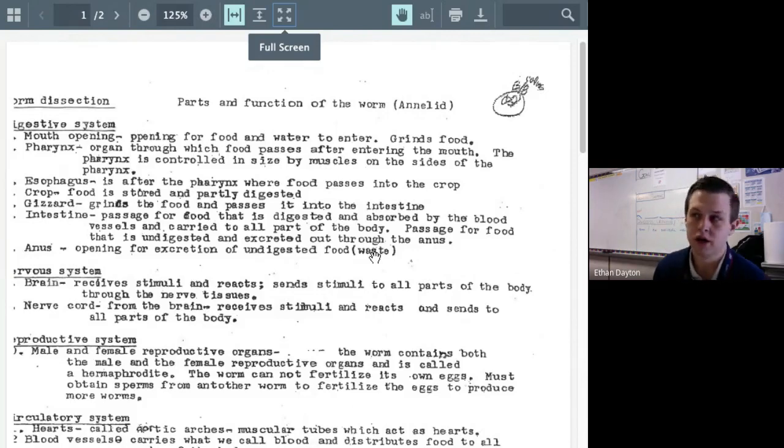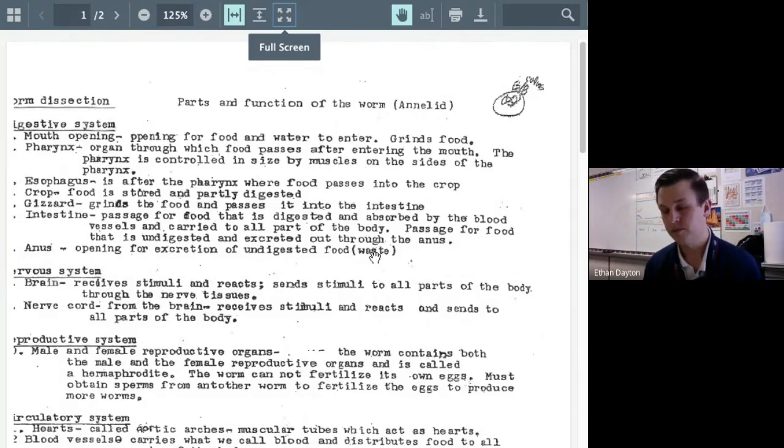Just like your brain, you receive stimuli. Everything that is happening to you is a stimulus. Your brain receives them, reacts to them, and tells your body what to do. Like if you were to touch a hot stove, it's receiving that stimulus. You don't even have to think about it. Your brain receives that from the nerves, the nerve tissues, and the nerve cords. Boom, your brain tells you to pull it away, just like that. Earthworm is similar. When it's touched by something, the brain tells it, hey, we got to curl up, we got to move away. Cool?